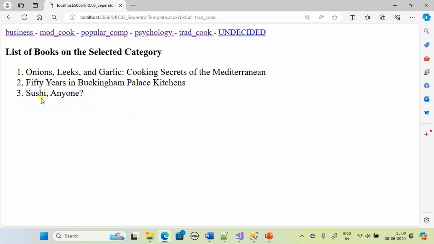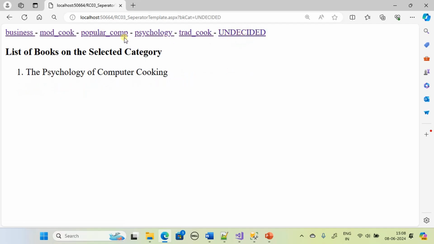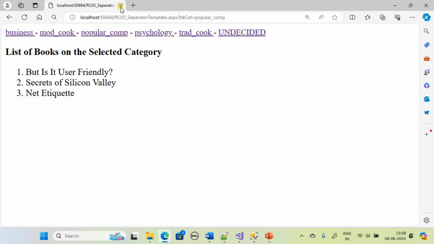Right? So this one you can display in whatever format you want. Here we just used the unordered, ordered list. You can use table or even your own HTML designed in a nice way using the CSS with the left right panels, right? So whatever way you want, you can display the content. But here we just learned how to form the hyperlink and how to navigate the information to the second repeater control. That's all. We are ending this